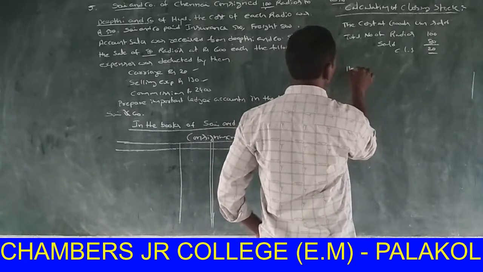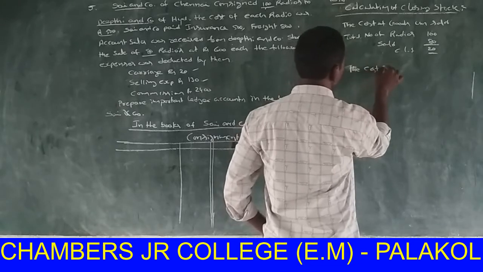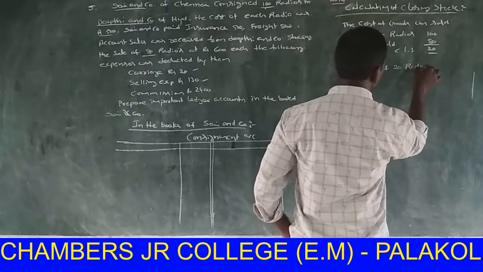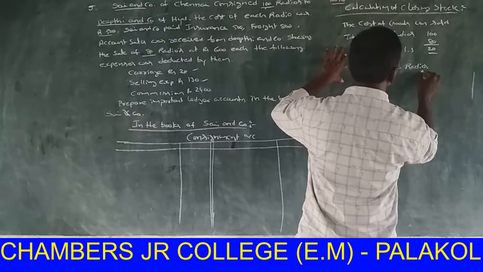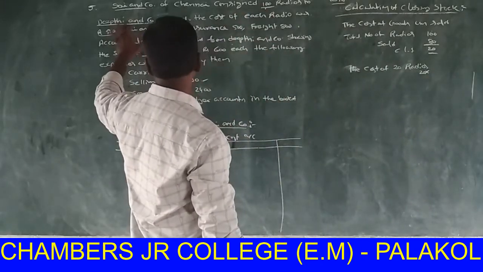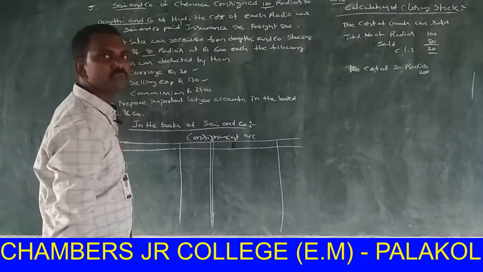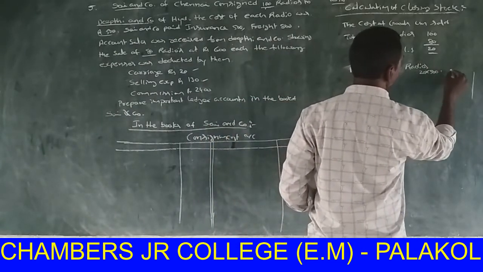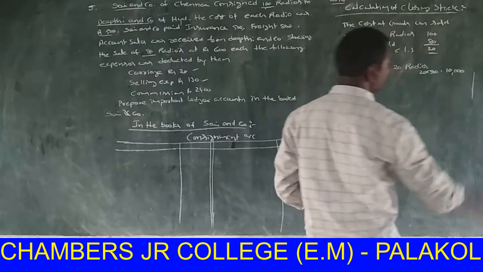The value of the cost of 20 radios: 20 into the consigned 100 radios to Deepti & Co of Hyderabad. The cost of each radio was rupees 500. 20 into 500 is 10,000.